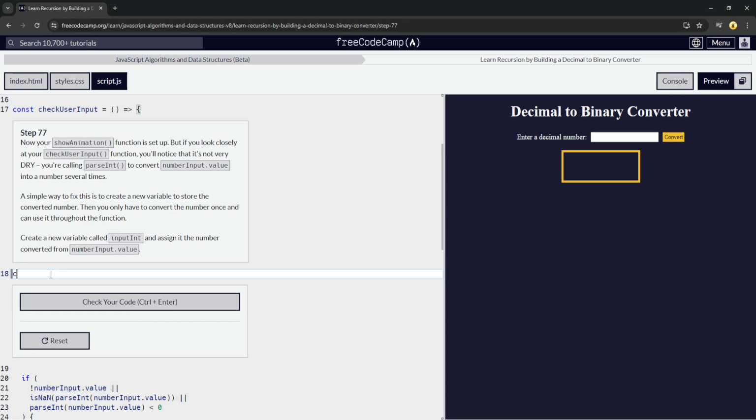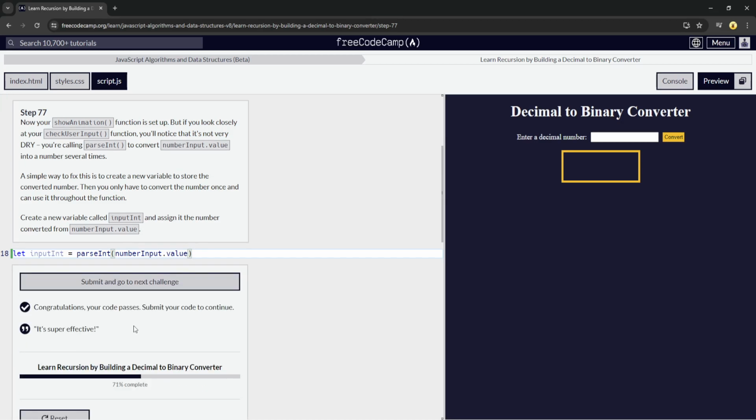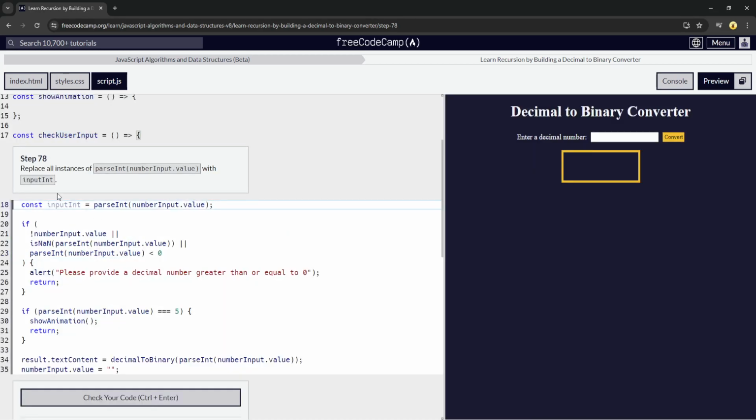So we'll create a let inputInt equal, we're going to assign the number converted from, so we use parseInt number input dot value, just like this. So we're going to replace all the instances of the parseInt number input with the variable inputInt. So this parseInt number input value we just replace with inputInt,